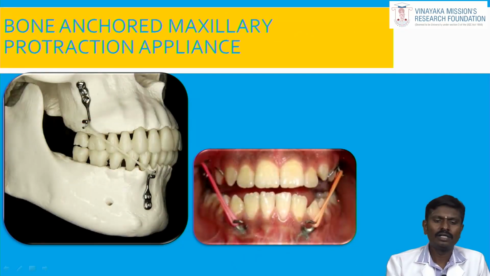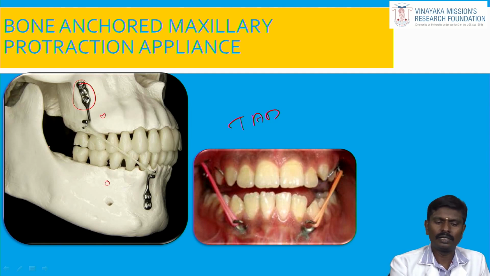In recent days, there is the use of TADs, temporary anchorage devices. A temporary anchorage device is nothing but mini screws. They will be placed in the infrazygomatic region, interradicular, in the ramus, or in the symphysis like that. That is called a TAD, temporary anchorage device. So with the help of the temporary anchorage device, the patient need not wear